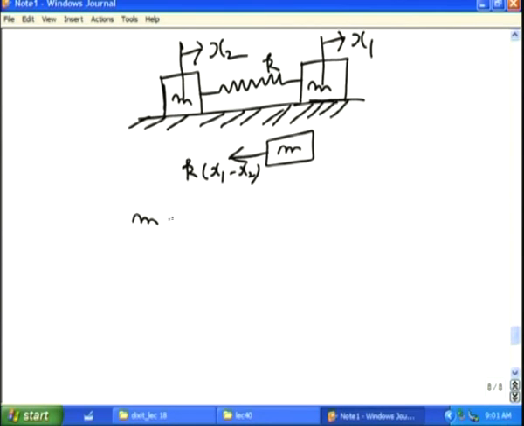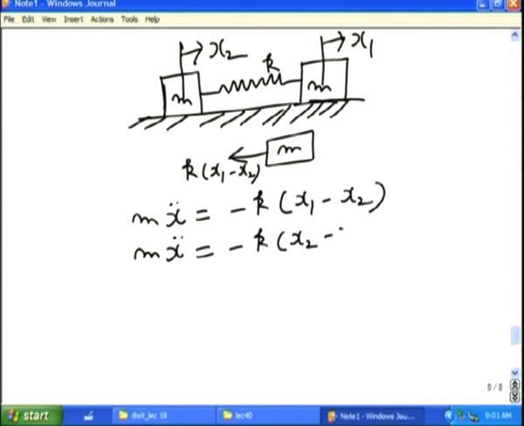So, the equation becomes m x double dot is equal to minus k x1 minus x2. For the other mass, the equation will be m x double dot is equal to minus k x2 minus x1. This is x1, this is x2. These are the two coupled ordinary differential equations. These can be solved